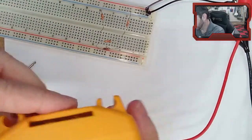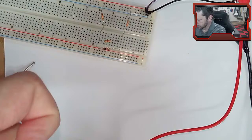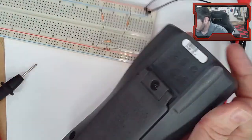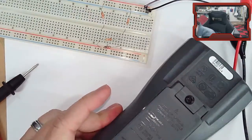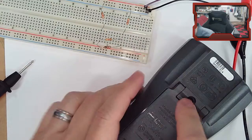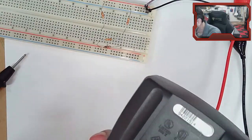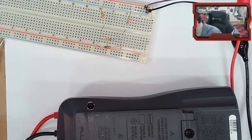I don't know if I can get it open fast enough. We might have to do that next time. This one's got a coating on it that you have to get out, so it would be probably these two and that screw to take this cover apart. This one doesn't have a panel that you can just remove, but there's a